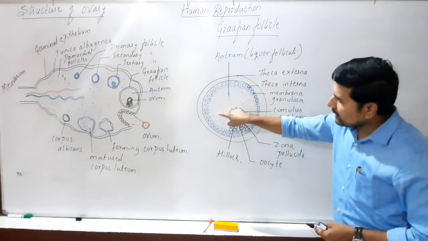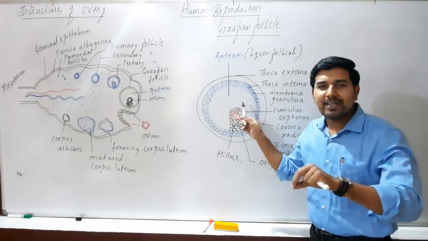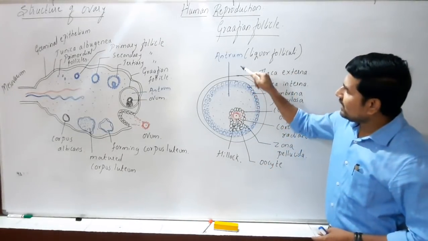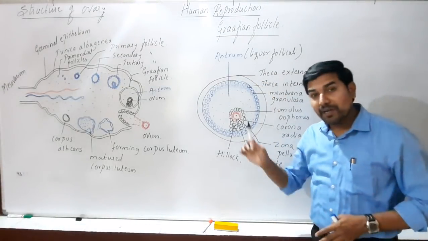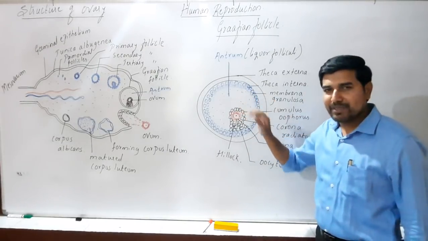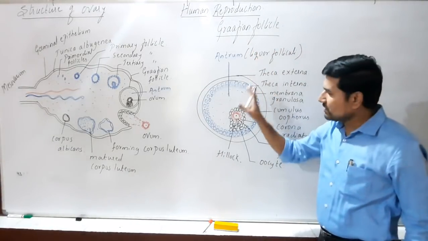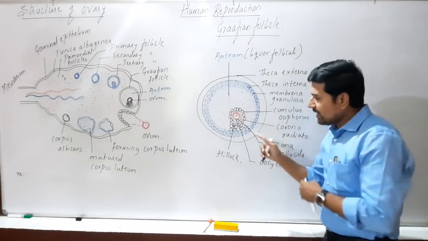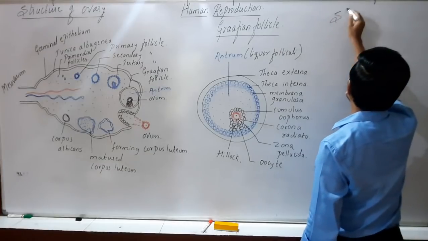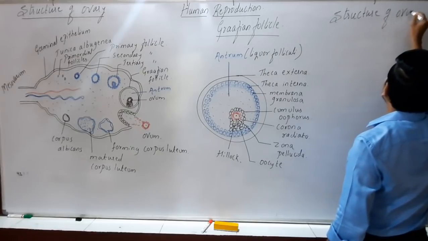Now inside the Graafian follicle there is a cavity. You can see the cavity here. This cavity is not empty, but it is filled with certain follicular cells which are called liquor folliculi cells. And the cavity is said to be the antrum. Remember this, which is the cavity present in the Graafian follicle. So it is the antrum. Antrum is the cavity. Okay, so this completes the transverse section or the view of a Graafian follicle, the structure of the Graafian follicle. And in the next part, let's see the structure of an ovum. So here we have the structure of ovum.